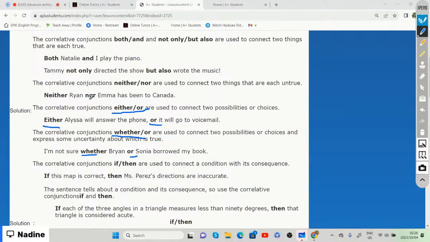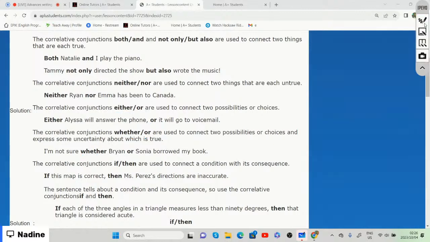And then it basically shows that if we use if and then, it is basically showing some form of condition with its consequence. All right. So now let's go to